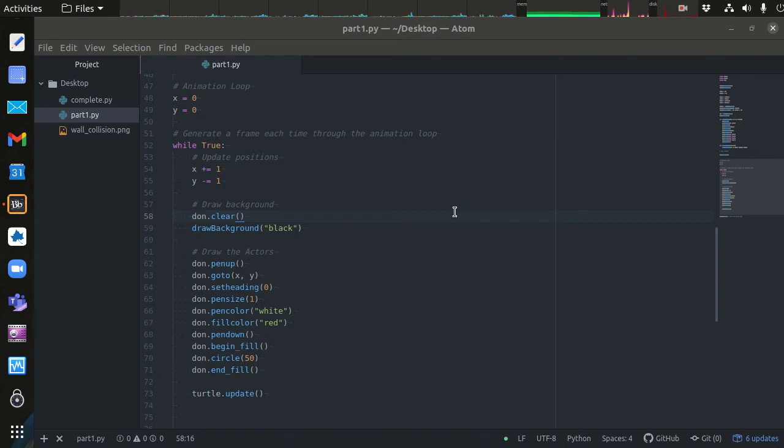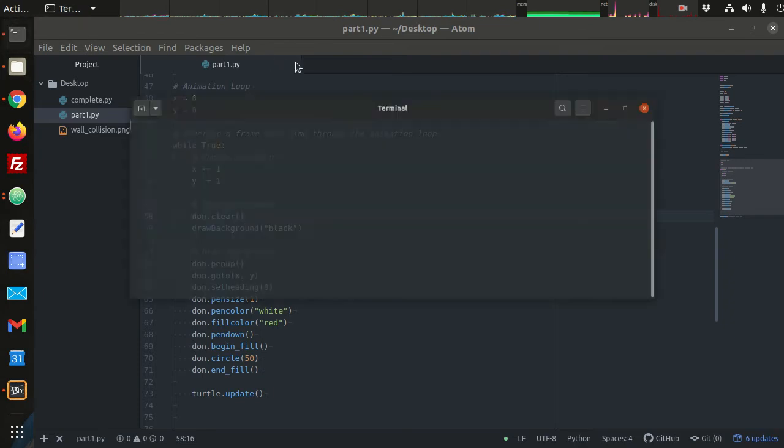Okay, so this video is going to be the second in a series in which we're trying to make the simplest version of a physics engine that we can using Python 3 and Turtle Graphics. So this physics engine is also going to include basic animation. And that's where we left off the last time. So just to sort of recap,